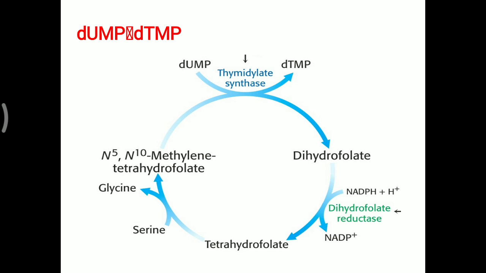Why is it interesting? Because we can stop this process and thereby stop DNA replication. It is interesting for some anti-cancer drug utilization. So that is how UMP is converted to TMP. You have to remember the enzyme thymidylate synthase. Previously, the CTP synthetase enzyme was there; here the thymidylate synthase enzyme is there. So that is about how pyrimidine is synthesized inside our body. Next time we will learn about the regulation as well as the clinical importance of pyrimidine synthesis.